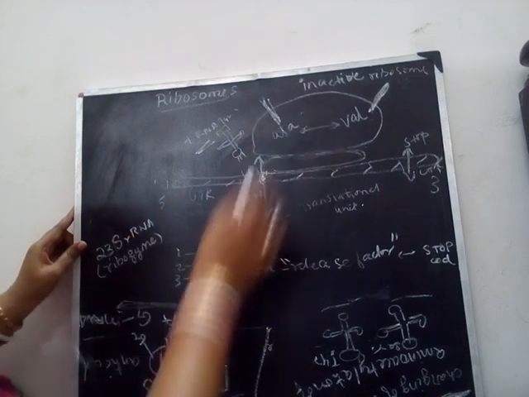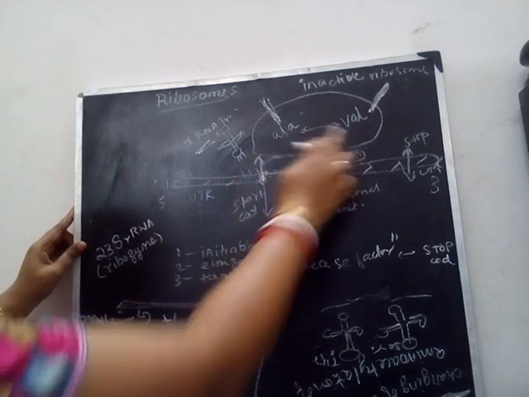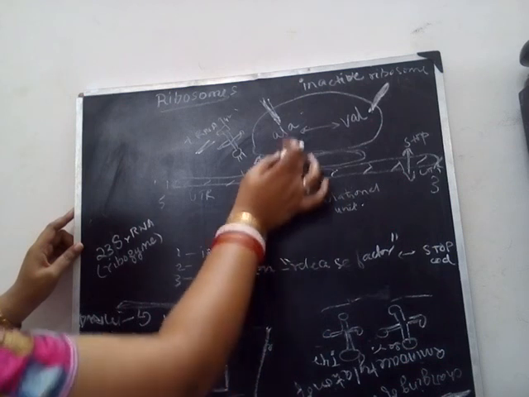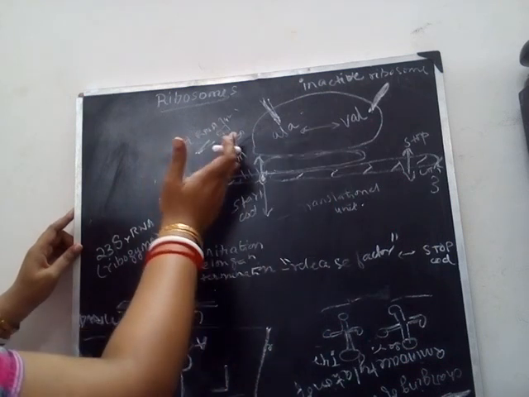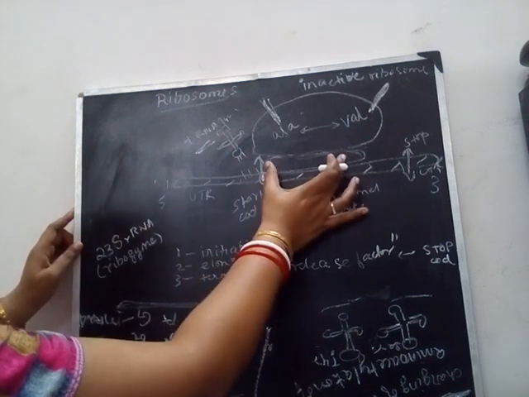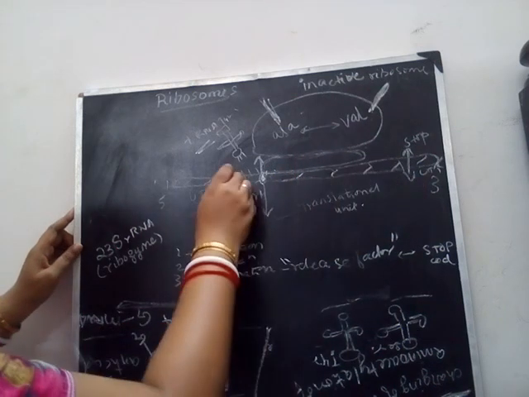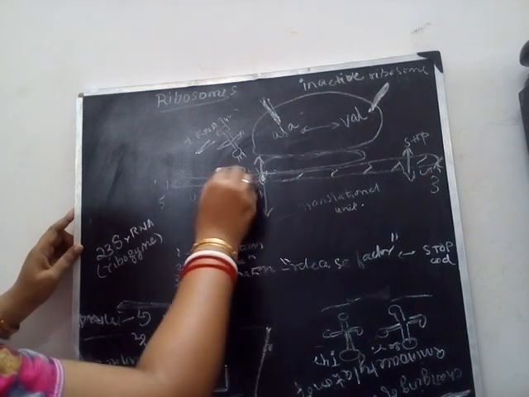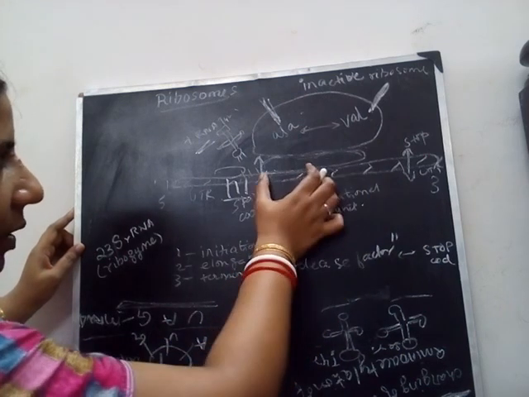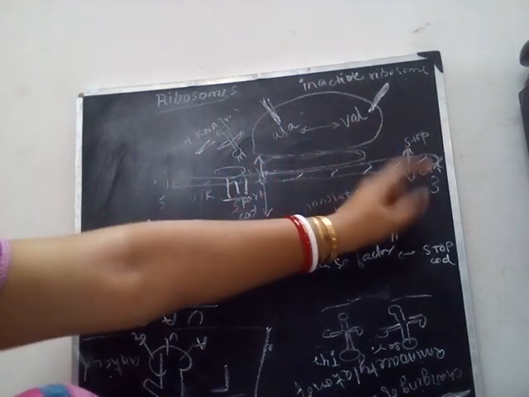Ribosomal RNA, which is structural RNA, works to form a bond between two amino acids, and once a bond is formed, the transfer RNA's work is over, so it goes. Another transfer RNA with the next amino acid will come. Then the ribosome will move to the next codon. Once it has finished its work here, it will move like this, and go on moving from the start codon to the stop codon.